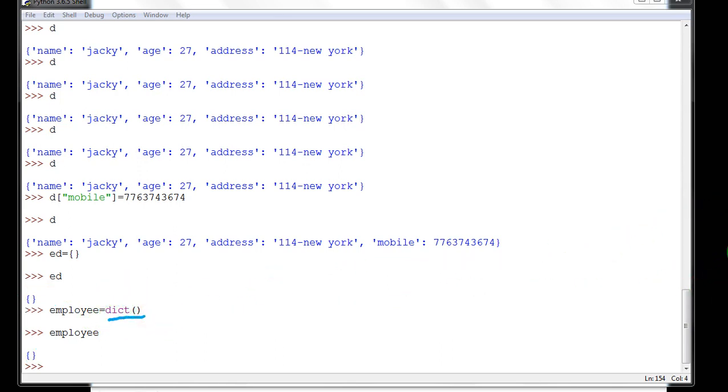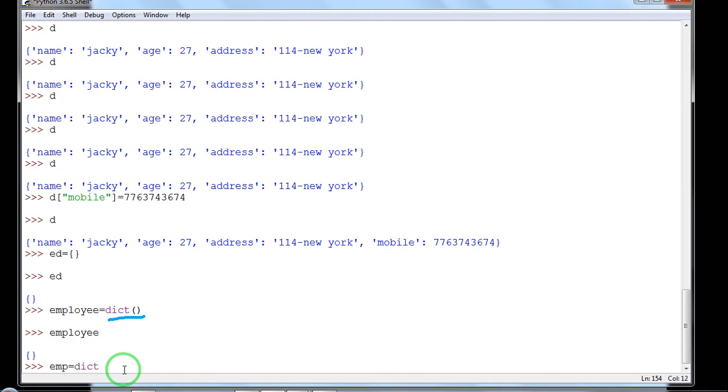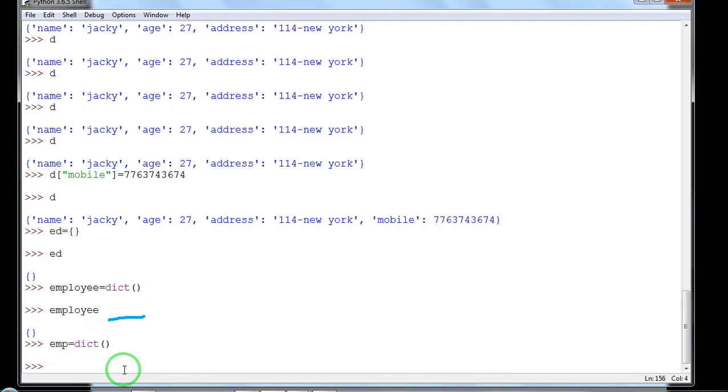Now we will see how to create a dictionary using the dict function. There are a number of ways. The first way, as I have already told you, is to create an empty dictionary, emp equal to dict, and then it will create an empty dictionary. Now suppose you want to add a value inside it, you can add the value.